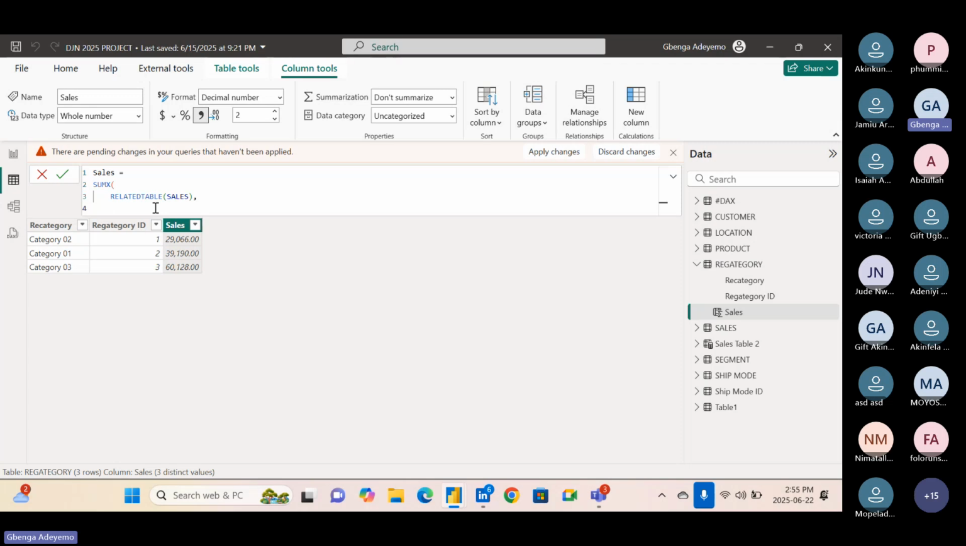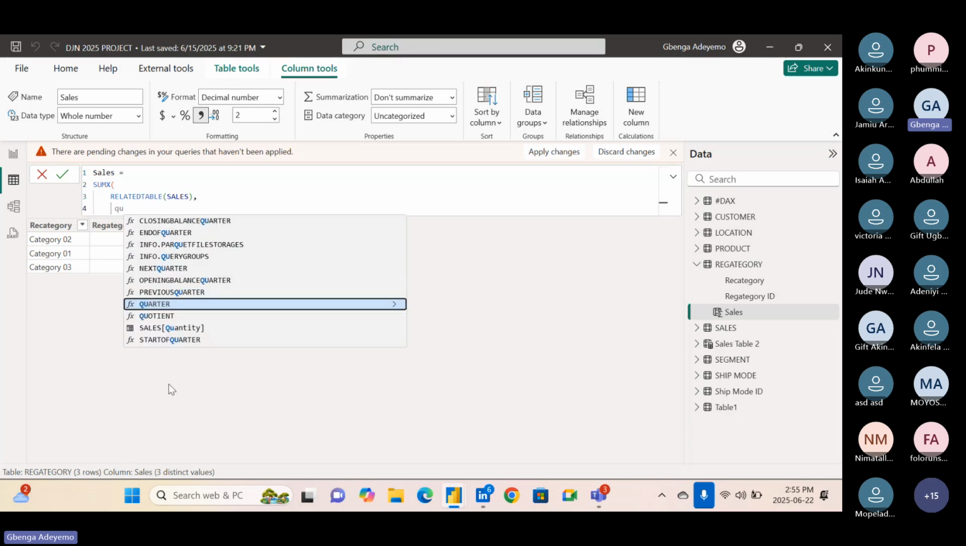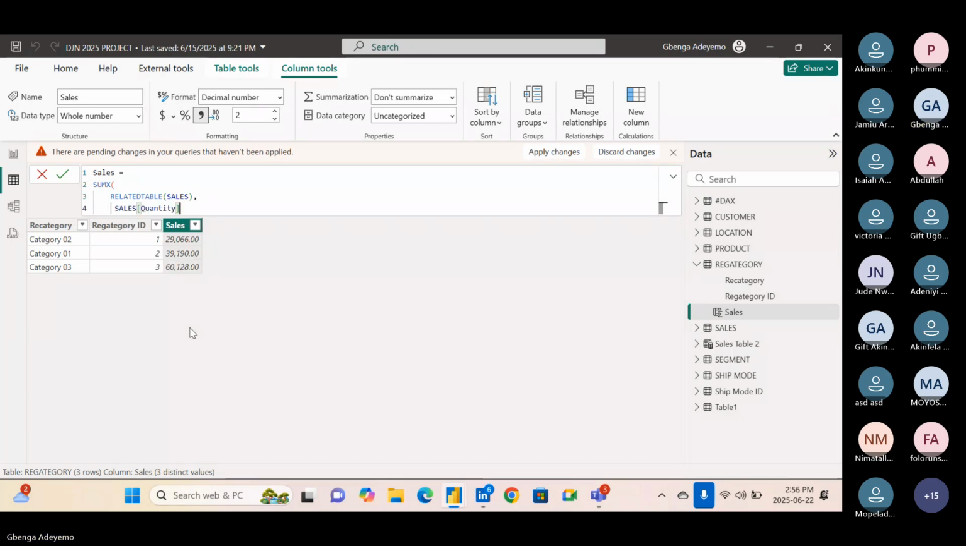Now what I want you to do for me is I want you to multiply quantity and units selling price. Okay. And I press enter. So what I'm now going to do is